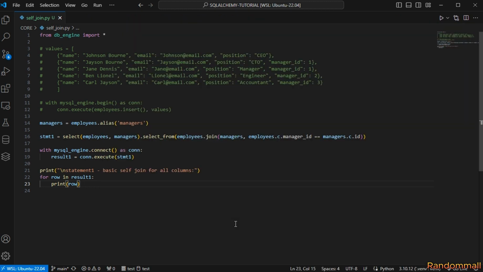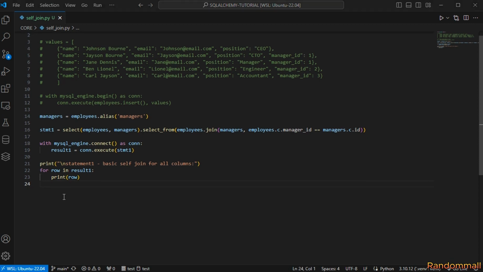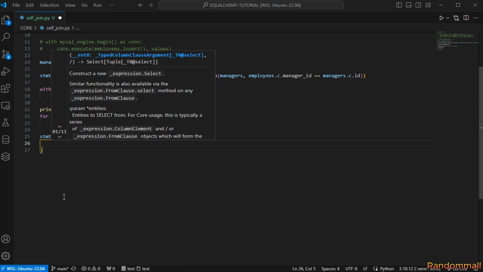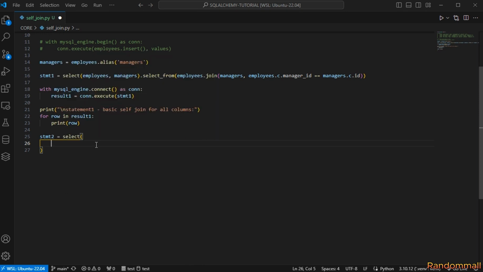So let's see how we can select the desired columns that we wish to return. So I'm going to call this statement 2. Like usual, we say select, and inside there we are going to pass in all the columns that we wish to return. We are still going to use this manager alias that we created of the employees table, and I'm going to say